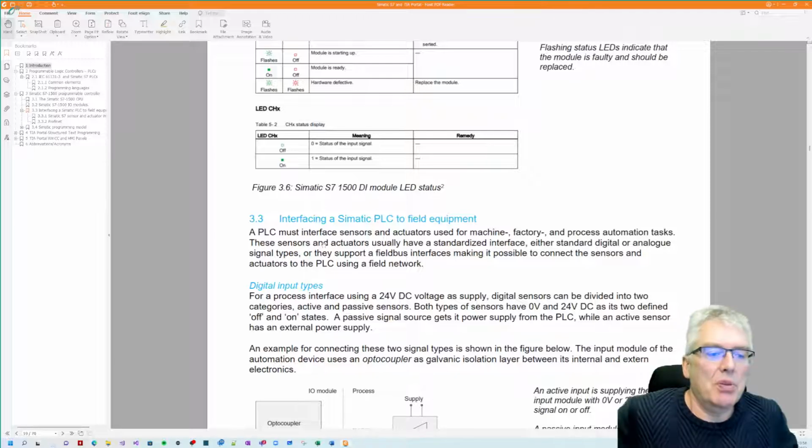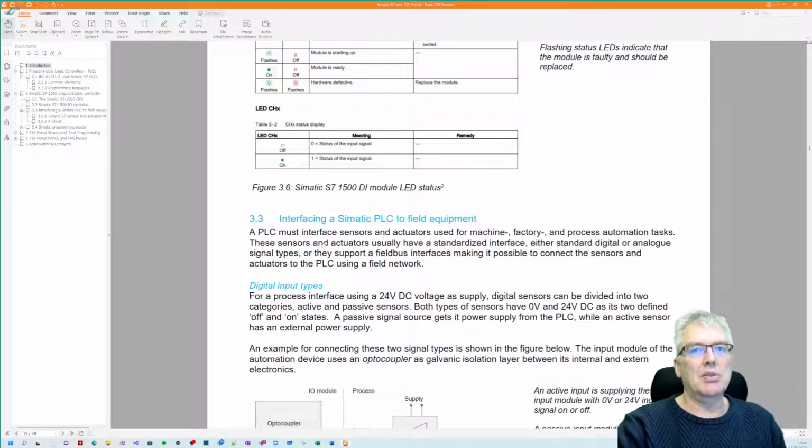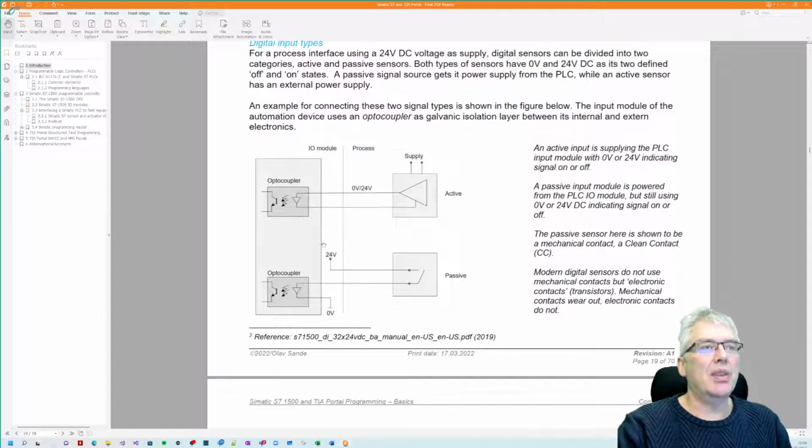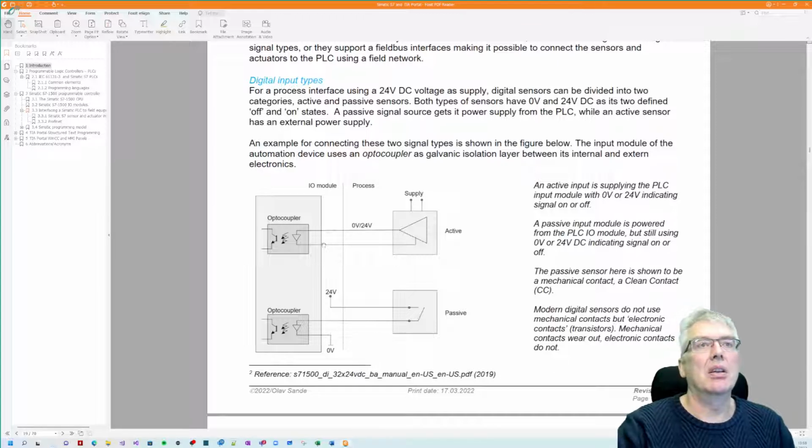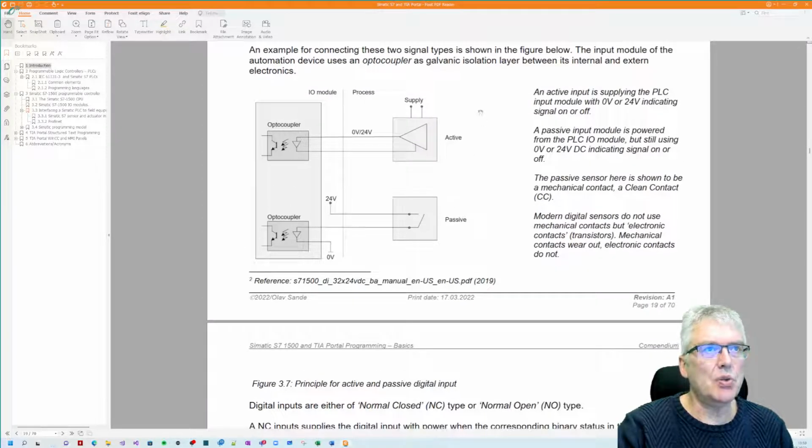So those are the modules, and then we would have to interface to these modules. And then we are looking at the types of, let's say, inputs in this case in your process. Let's say this one could be a light switch. You wouldn't have light switches in your process, but you can look at it like this. So how you interface a digital input is two types. You have active. Your input or device in your process is supplying current or voltage, basically 24 volts, to your input through an optocoupler, which switches this transistor on and off. So if power flows, the transistor switches on and the light would go on, and